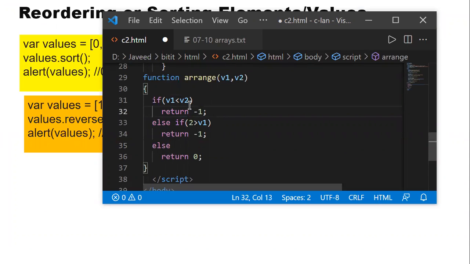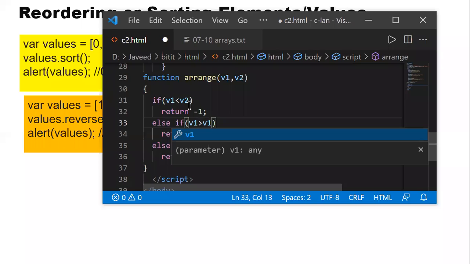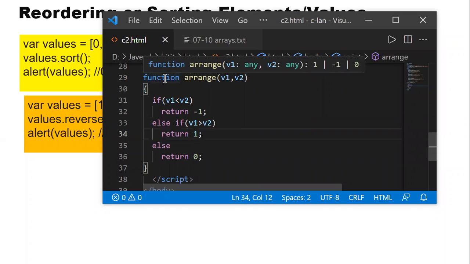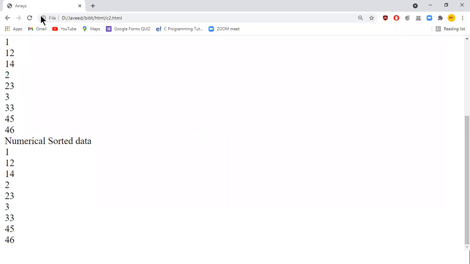Return -1. Oh, I think we made a mistake here. V1 greater than V2, so I'm asking to return 1. So for all the cases, I'm returning. Sorry, we made a mistake there while we typed.